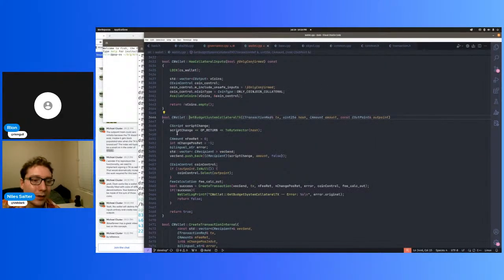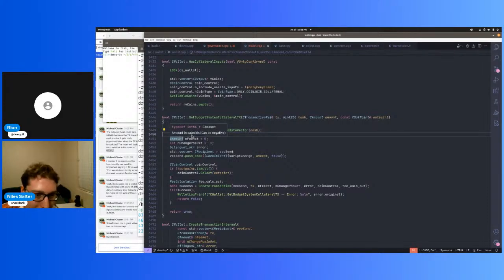Anyways, so I should move on. So we do C script, serialized script used inside transaction inputs and outputs, script change. And we put op return in there. And then we make a vector of unsigned char out of the hash, which is 32 bytes. And then we put that in. I wonder if C++ can actually optimize this out, because this just feels like pretty bloated if it doesn't optimize it out. It probably does, but